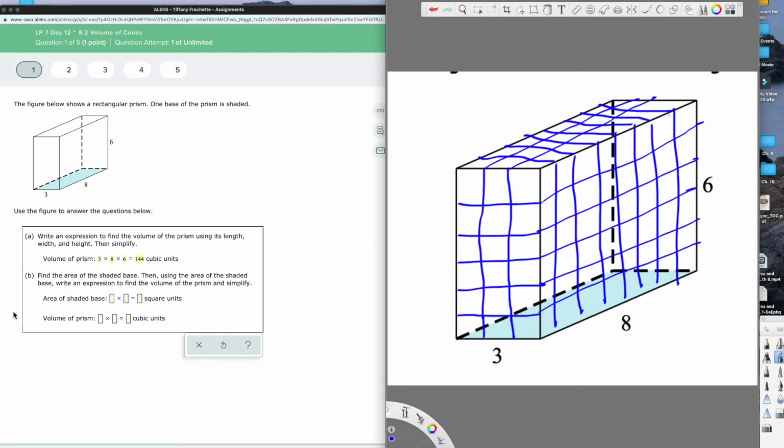So what they want us to do is find the area of the shaded base, then using the area of the shaded base, write an expression to find the volume of the prism and simplify. So if we just focus on the shaded base, and I'll kind of airbrush this a little bit. So we're just going to focus on these guys down here. How many cubic units are down here? And remember, this is kind of continuing through the whole thing. I know I'm only looking at the one side, so that's not terribly helpful, but